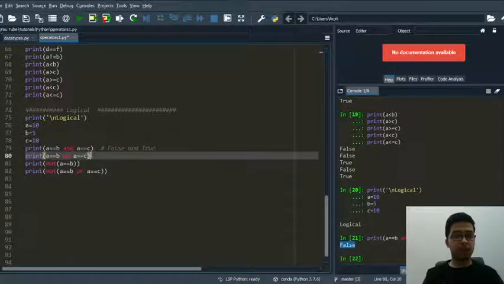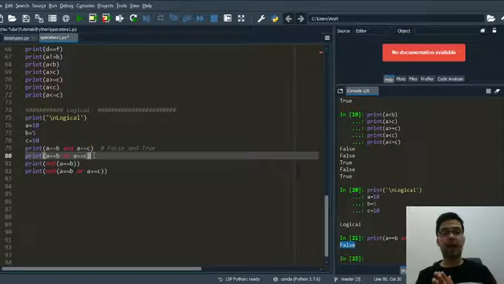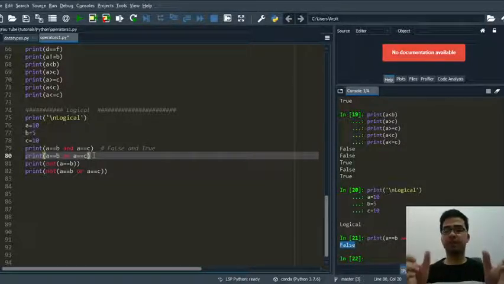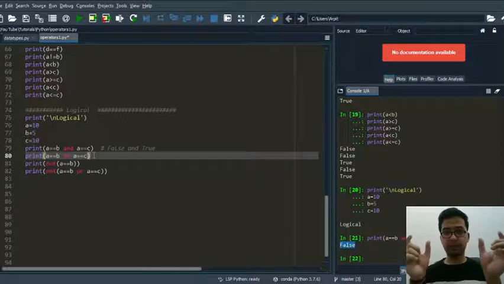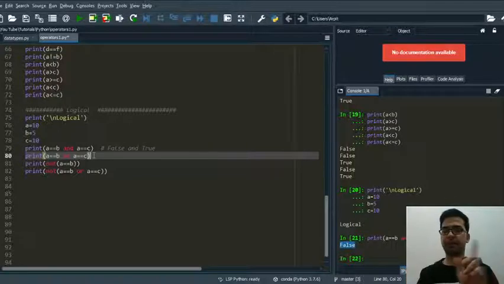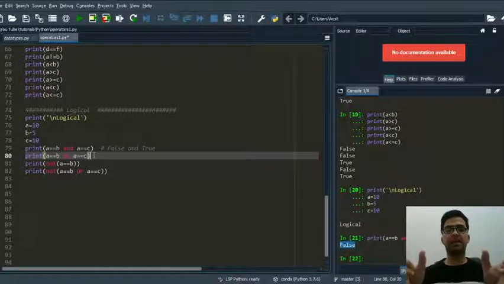The next condition is OR. In the case of the OR operator, if we have two conditions and any one of them is true, like this one is true and this one is false, it will return true. If both conditions are false, it will return false, and if both are true, we get true.